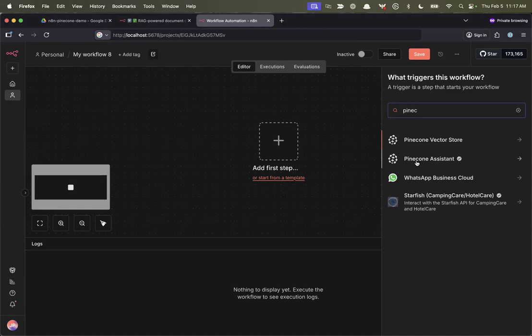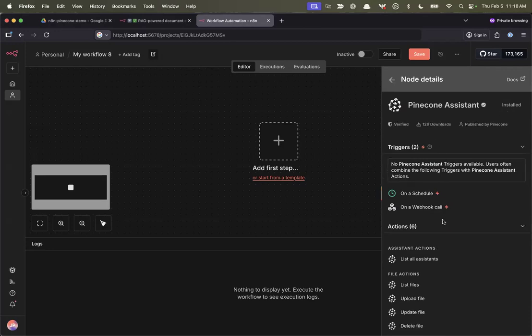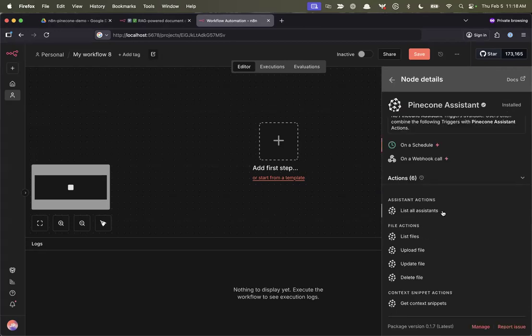I'm just searching for the word Pinecone, so I can see both of them showing up: the vector store node, our Pinecone Assistant node. We can see this little check mark. This says it's been vetted by N8N. I've already installed it in my N8N instance here, but you would see a little install button. You'd go and install it, and then you'd have access to these different operations.